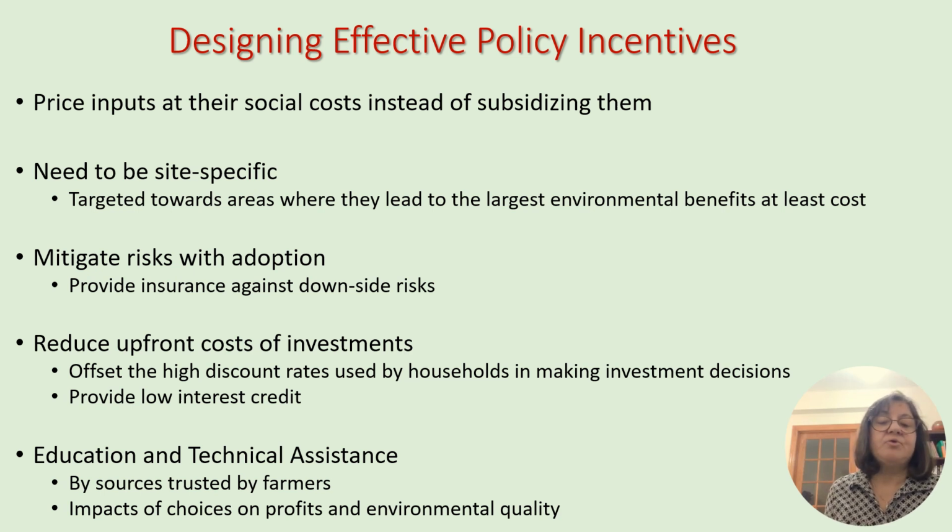They also need to mitigate risk with adoption. So, for example, providing insurance against downside risks may be needed in order to induce the adoption of technologies that may be perceived as risky. Policies that reduce upfront costs of investment by providing low interest credit can offset the high discount rates used by farmers to make investment decisions. And lastly, education and technical assistance by sources that are trusted by the farmers can impact their choices and incentives